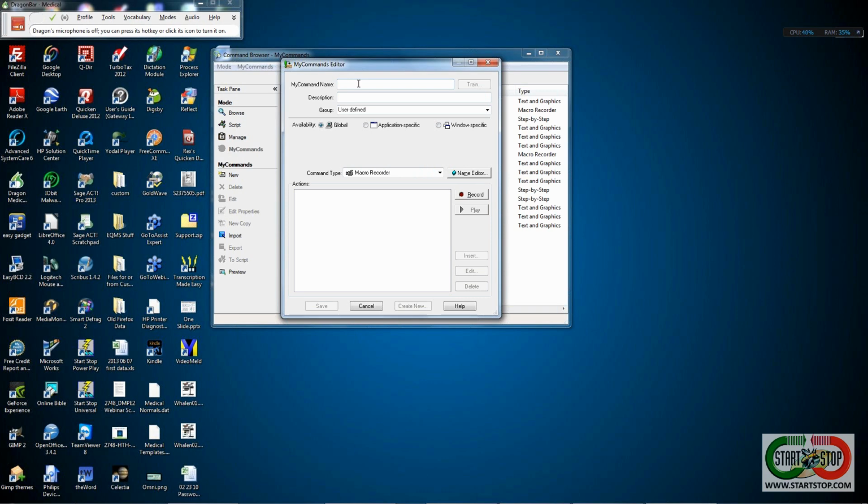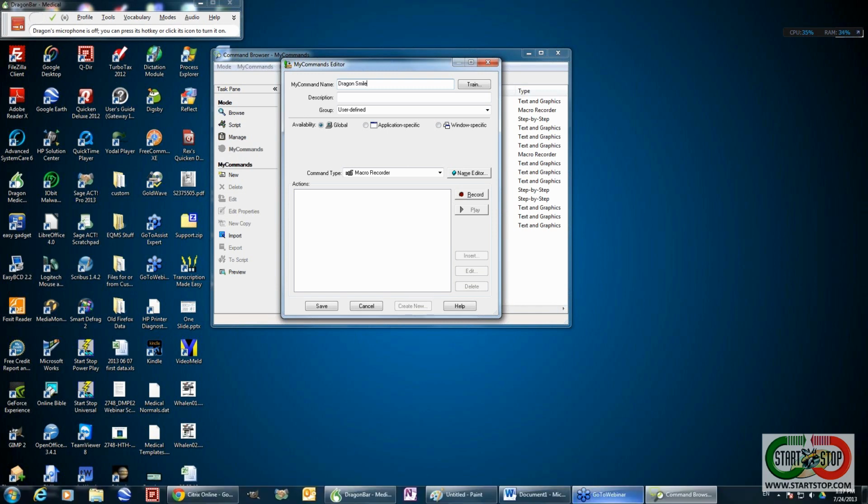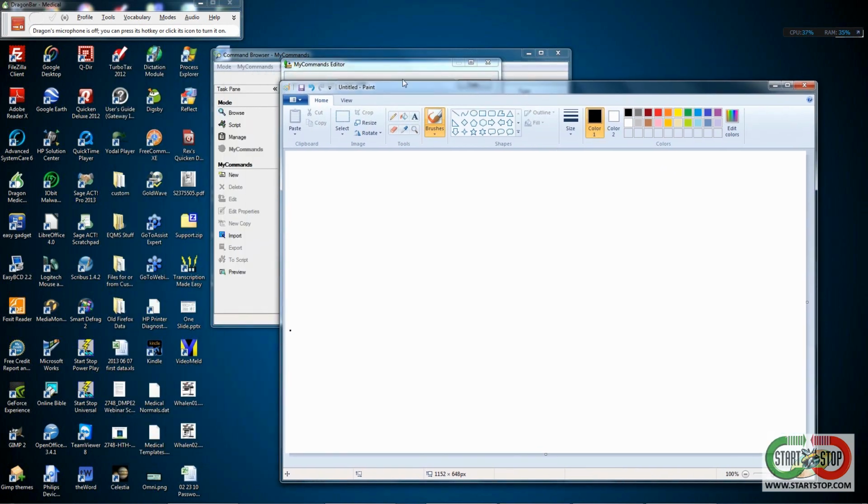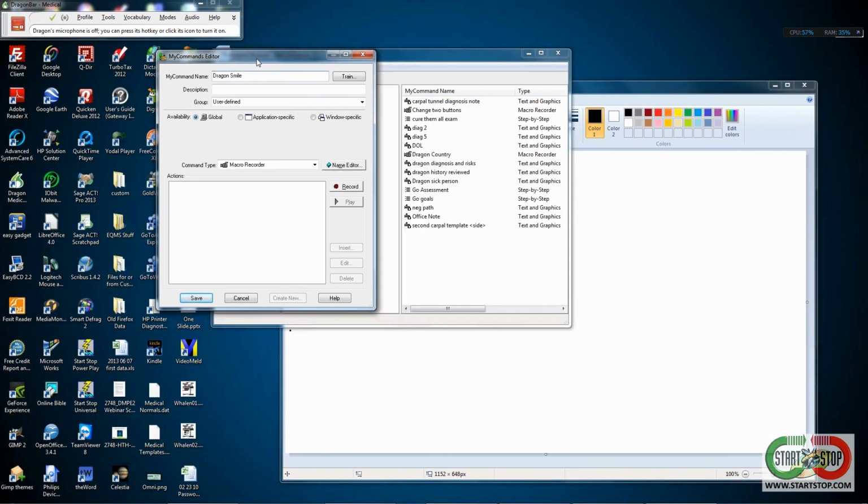First thing I'm going to do is we're going to call this one Dragon Smile. This is just going to be a simple thing I'm going to create. It's not going to be anything complex. But then we're going to take a look at how this can be used a little bit in your EMR program specifically. It can be used in a lot of ways, but the thing I have in mind today is your EMR program that you're working with. I have here the Microsoft Paint program opened up, and